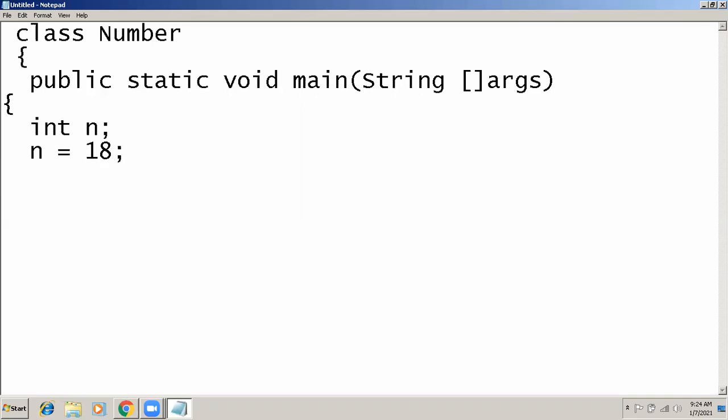Okay, and from here I will start my if else statement. So in the brackets I will write this logical expression: n modulus 2 equals to 0, whether its remainder is 0 or not. This is how we can check whether the number is even or odd. We divide the number by 2, and then we check whether the remainder is 0 or non-zero. Okay.